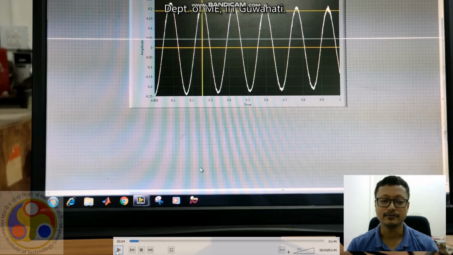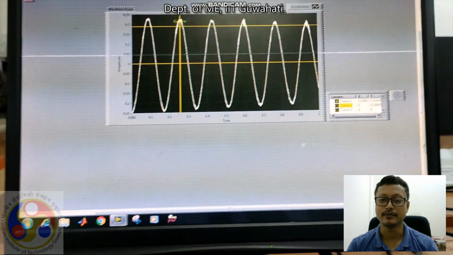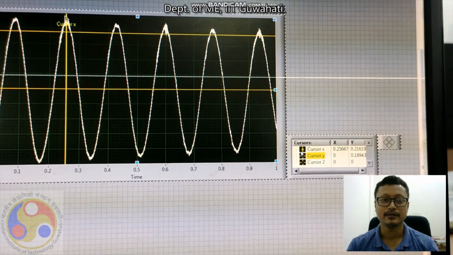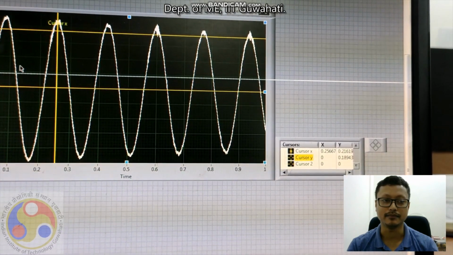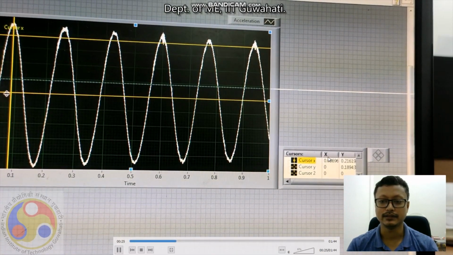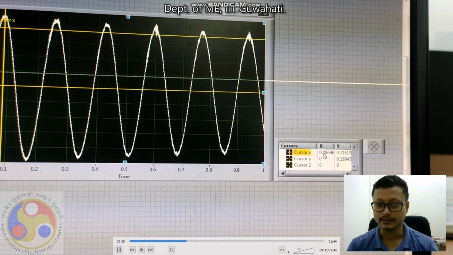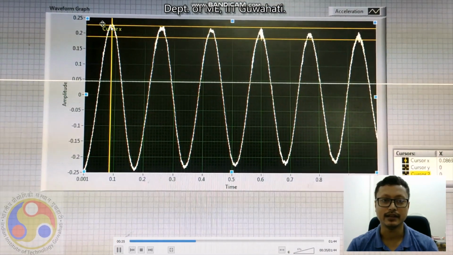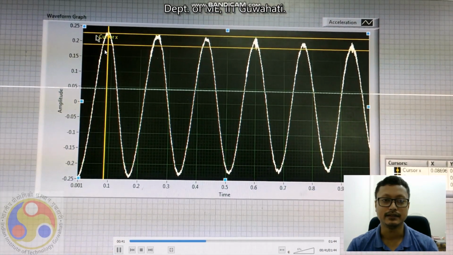Okay, so how to get the data from this graph? You need to select this, go to properties, and you can get the cursor display. With the cursor value, you just shift the lines in the graph in the computer software, and you will get the particular point data. Say for the first cycle, what will be x1? Sorry, x is showing the time value.